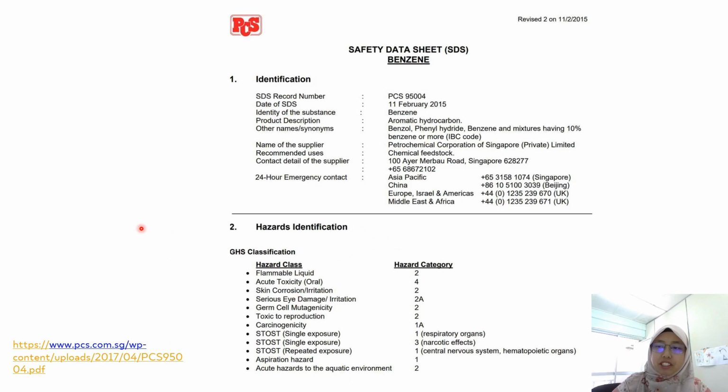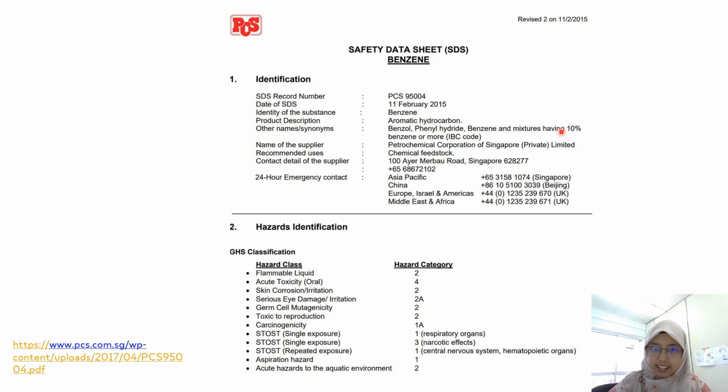In the identification itself, it will show you the names, the date this SDS was created, product descriptions, the name of the supplier, and also the emergency contact. So all SDS must come with the chemicals so that if there is any emergency, we can just contact the